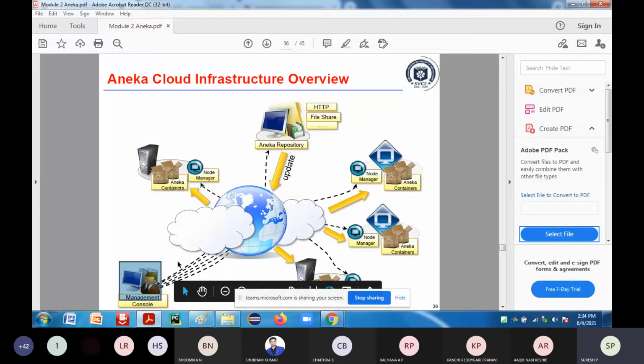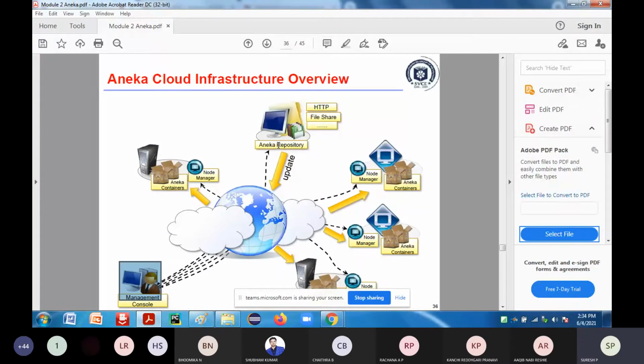Now, when you are managing this, how are these resources accessed? It has to be accessed through some web browser or some HTTP mechanism. Then there are the repositories, the Aneka repository. So what does the Aneka repository have? It has some built-in libraries.